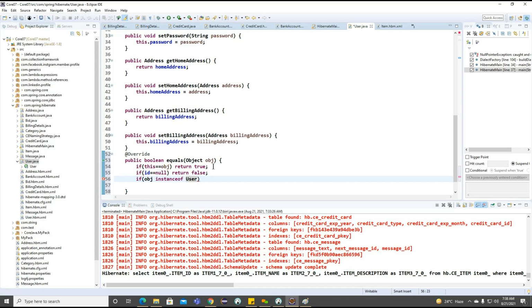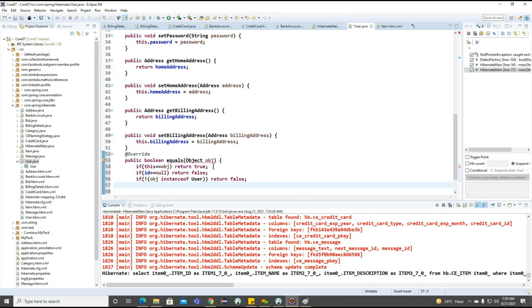But here, I want to make one more brace and add a not. If it is not a User, we can return false. Getting the point? Now we'll see how many conditions we are making.